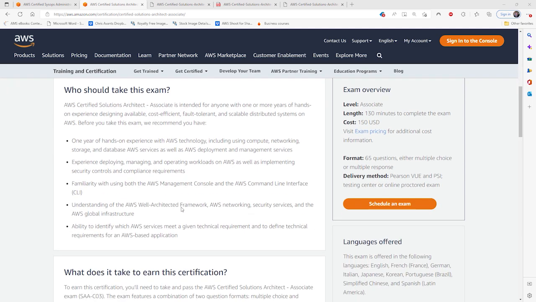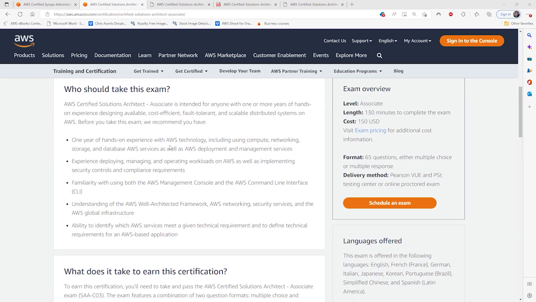Who should take the exam? Well, someone with 1 year of hands-on experience with AWS technology, including using compute, networking, storage, and database services, as well as AWS deployment and management services. They might need to have experience deploying, managing, and operating workloads on AWS, as well as implementing security controls and compliance. Familiarity with using both the AWS Management Console and the command line interface, understanding the well-architected framework, security and networking and the global infrastructure, and the ability to identify the services that meet given requirements,